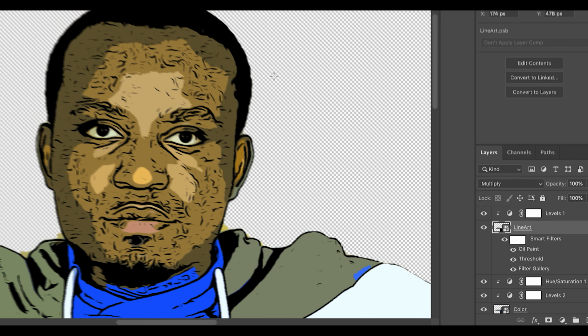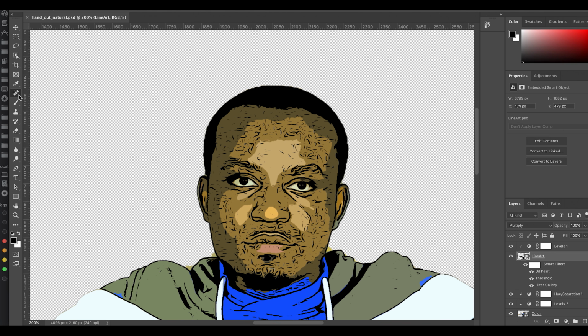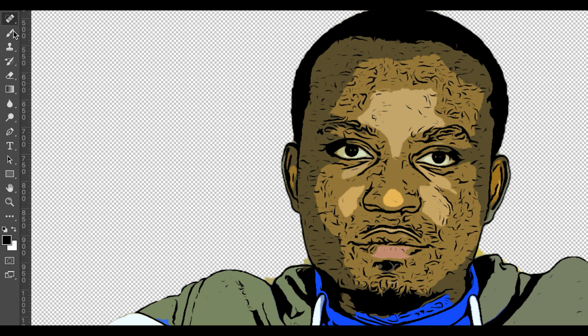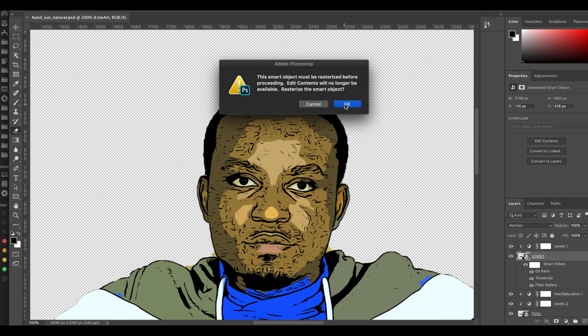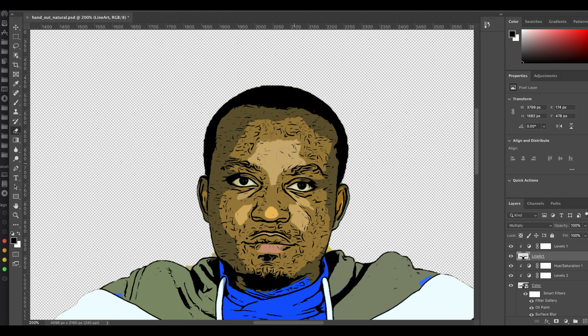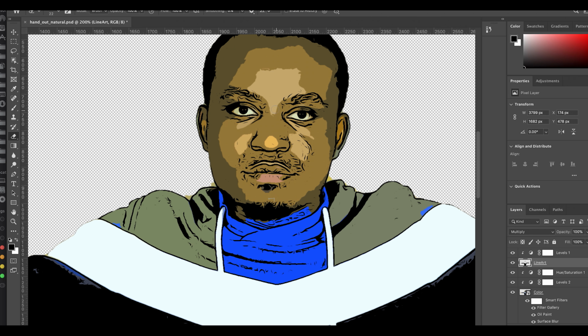So what you want to do for that is just click on the top layer that says Line Art and then click right here on the erase tool. And then you just want to start clicking. It's going to ask you to rasterize this layer. You can say yes. This just means that you can no longer edit the settings of the layer. I'm going to go ahead and use the erase tool to wipe around everywhere that we have